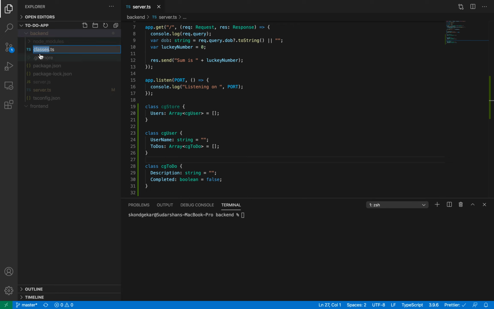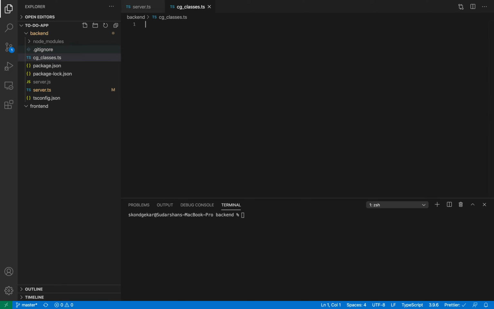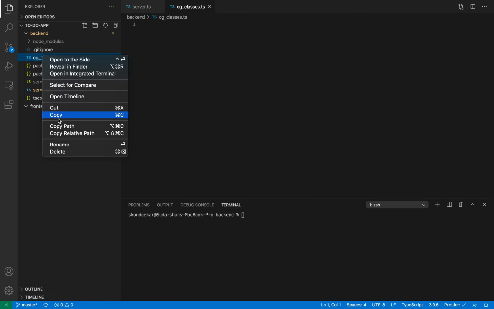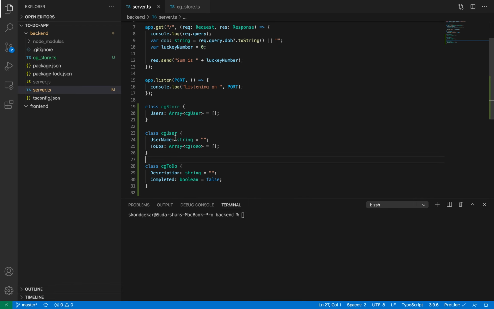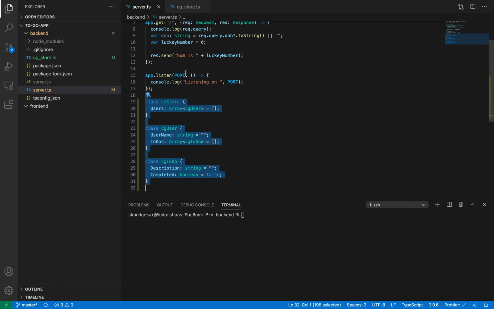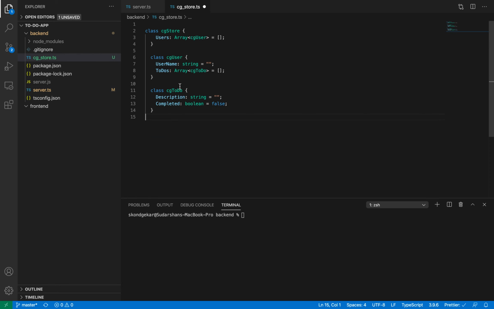No need to name it classes. I can name it anything, like cg underscore classes. I'm just naming it this way to make you understand that there is no need to name it classes.ts. It is not necessary. You can write it as cgstore.ts also, right? Yeah, perfect, cgstore.ts. So let's do it that way. CG store, more logical. cgstore.ts. So here what I will do, I will just copy paste these classes. Have you created a gap between cg and